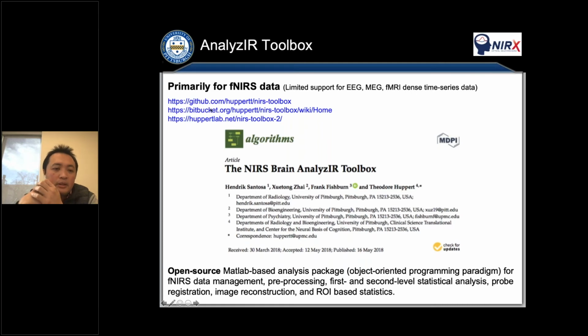This is open source, so you can use it, edit it on your own local computer, or if you want, you can contribute. You can ask Ted Hartford if you want to contribute. Mostly this is used for fNIRS data, but we can also process a little bit of EEG, MEG, and fMRI.